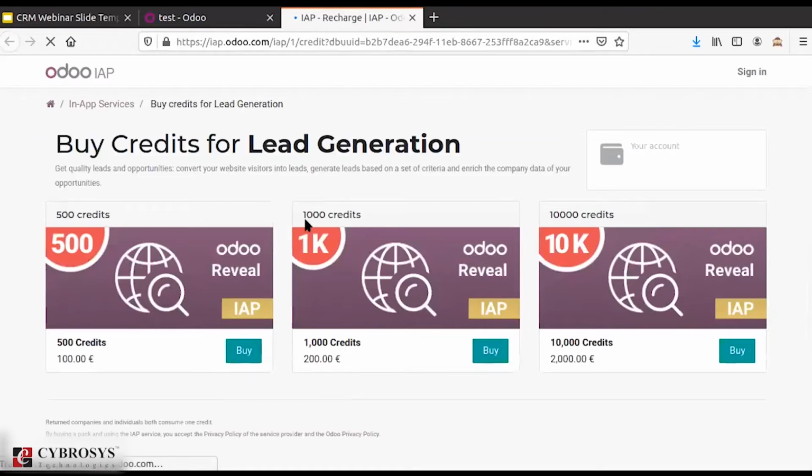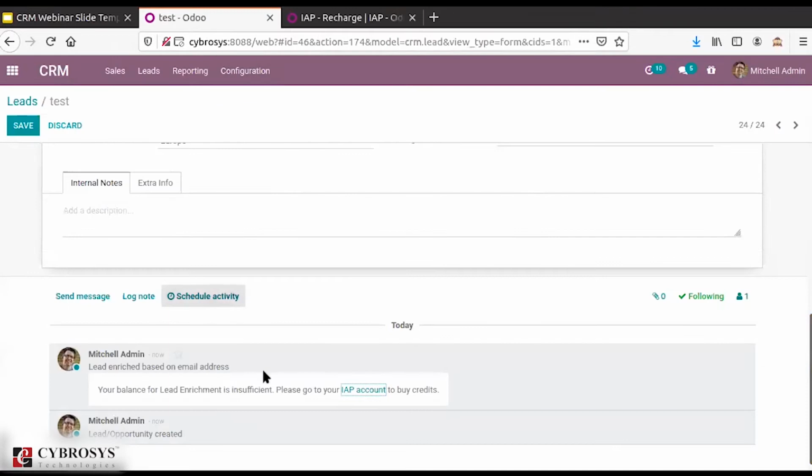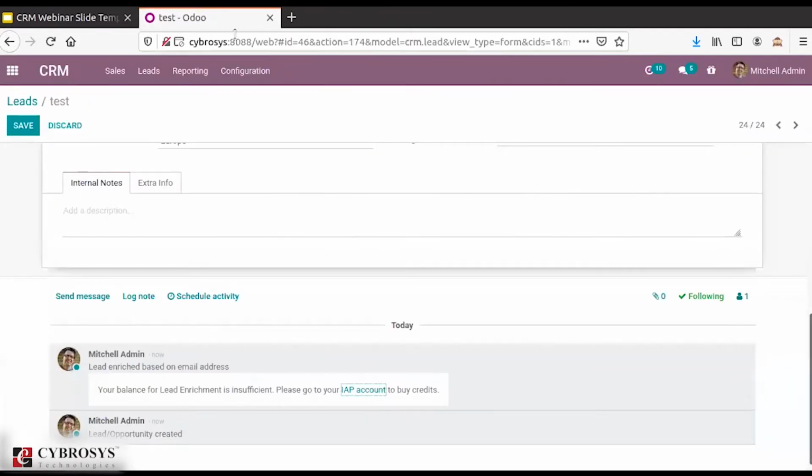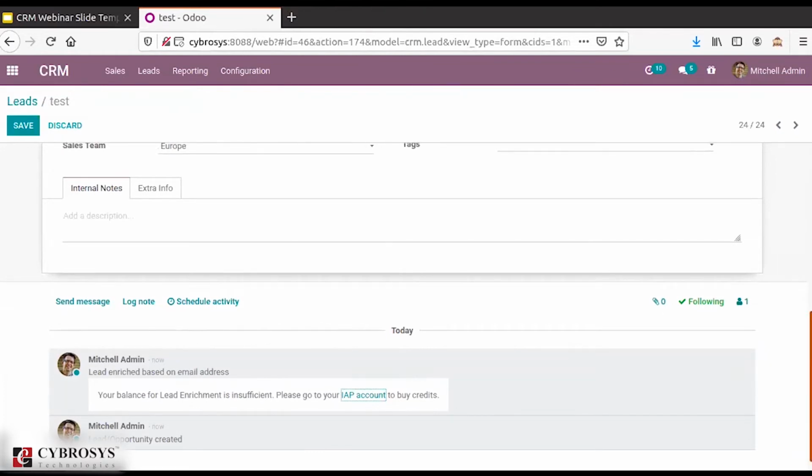So this is what I was telling, that it is a paid service for which you need to buy the credit. When I click on this IAP account, it takes you to this page from where you can buy credits for your lead generation. For further details or to know more about this, you can check this one. Right now we don't have sufficient credit, so that's why it's showing like this.